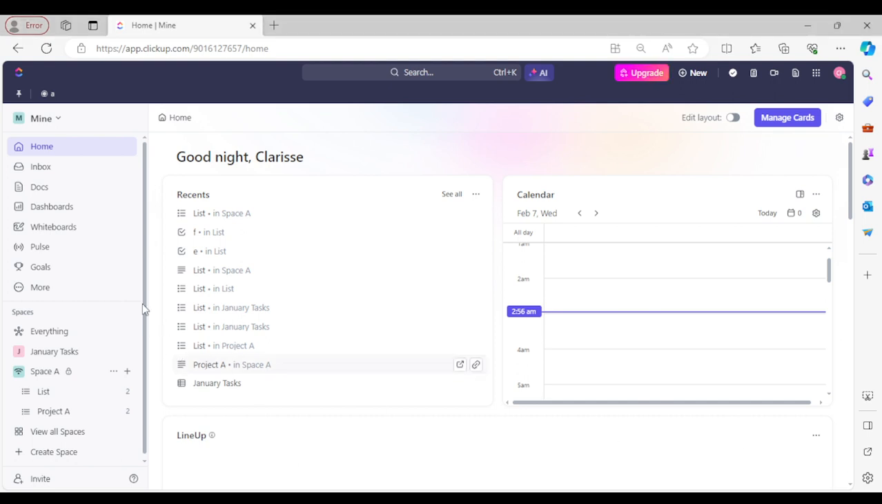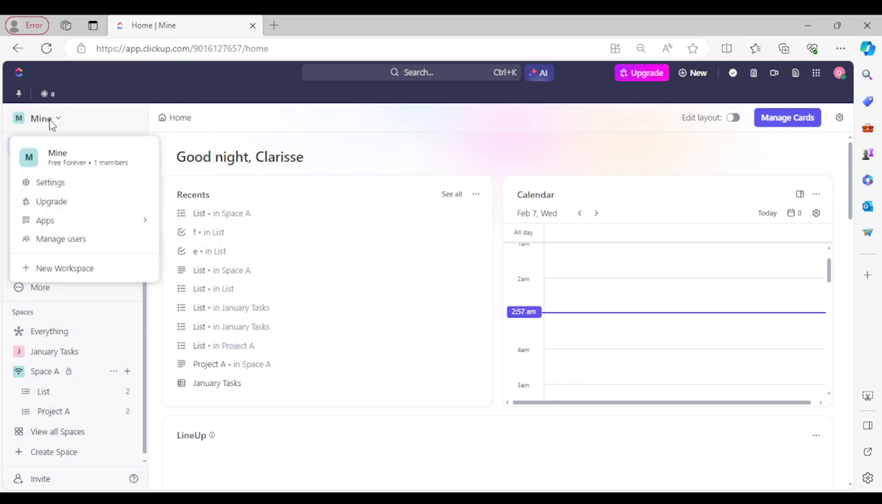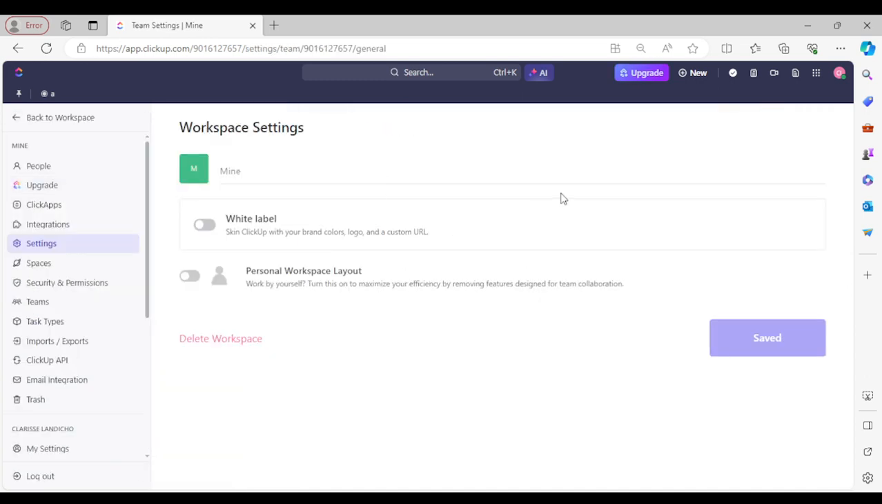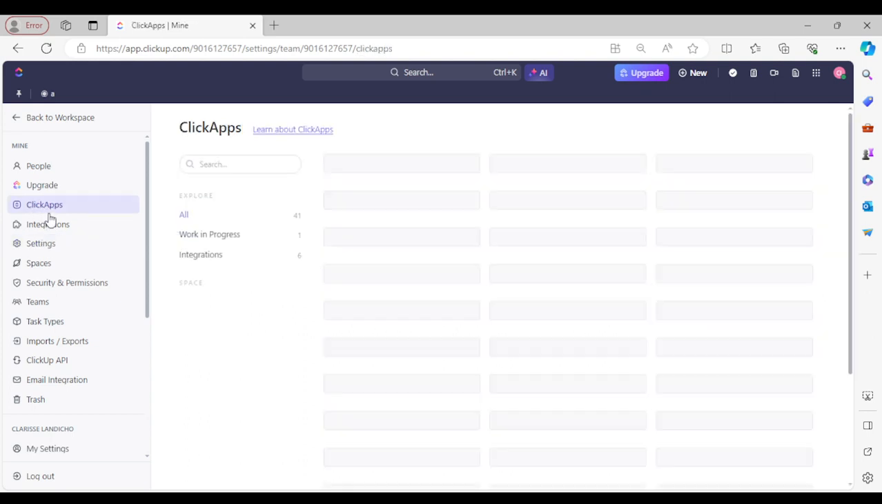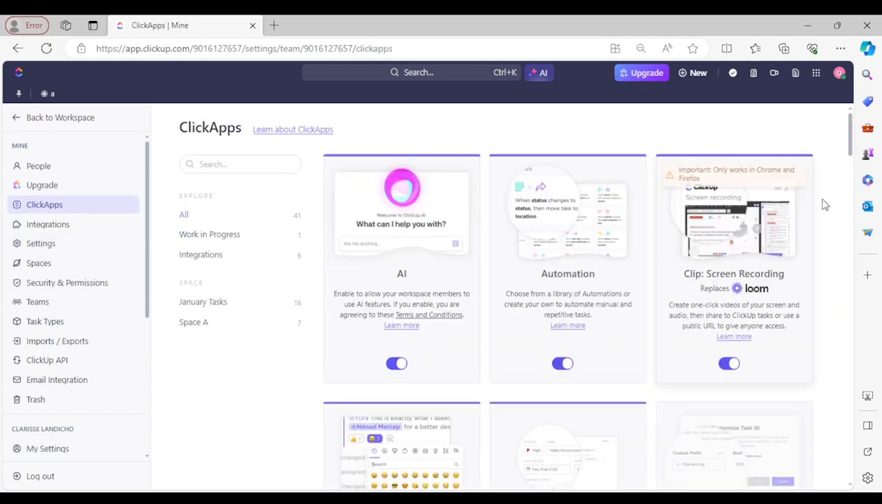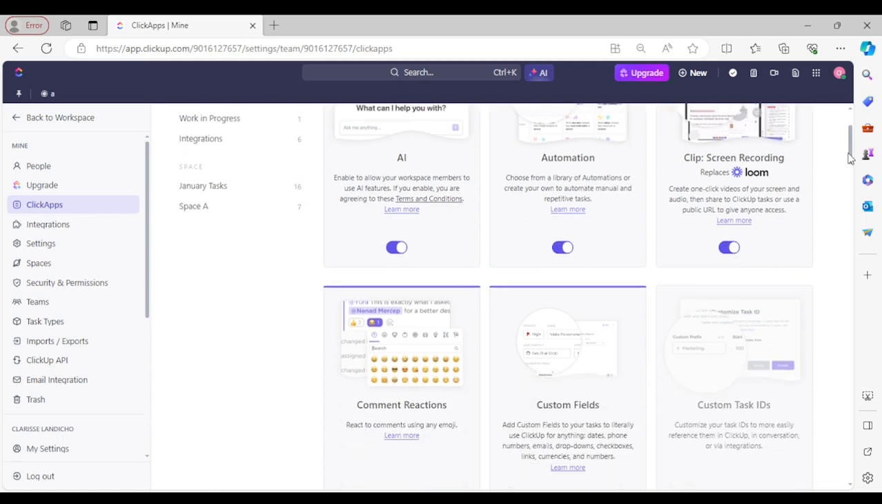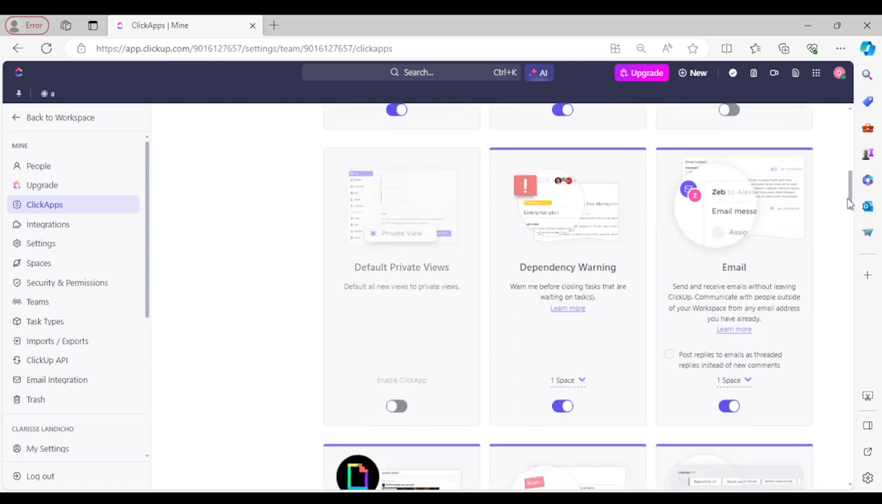once you are on your ClickUp app, you would see that this is going to be the landing page. For you to start adding subtasks for a subtask, click on this button right here where it says mine or your initials on it, and then click on settings. Under the settings, look for ClickUp, so click on this button, and here you will look for the nested subtask